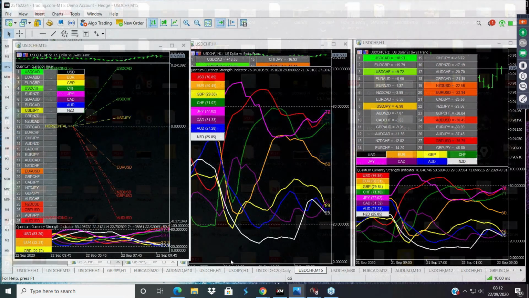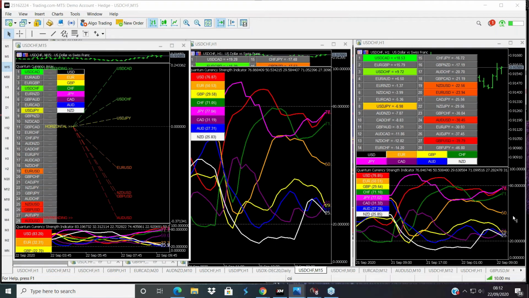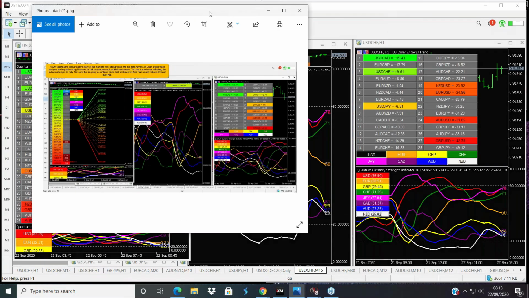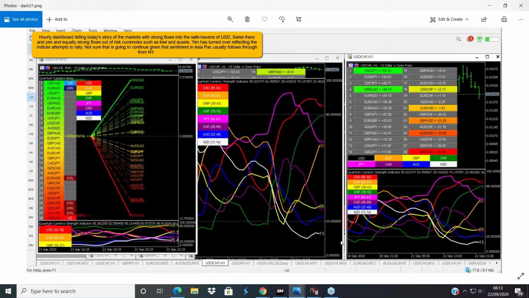First of all, what I also suggest, if you have these indicators, is just take a screenshot towards the end of the trading session, maybe this was about 8:30 in the evening, and just to see what has been happening. I use the hourly chart, and where's my picture? Oh, there it is. I'm looking at the wrong one. There we are. Right, this was the situation yesterday, as I said, and this is up on my Facebook page,